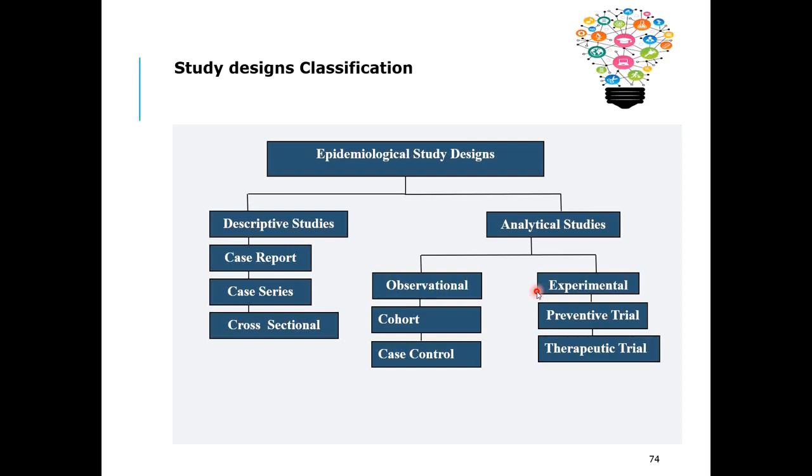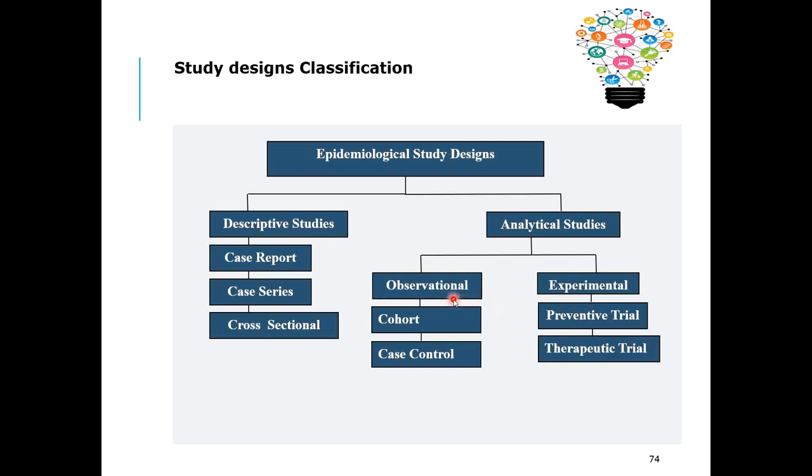For example, if I want to assess the passing percentage between male students and female students, and I, as head of the department, do not intervene or teach you all and just observe the passing percentage between the two genders, it will be an observational study. But if I really work hard and give you lectures and assignments, it means I am experimenting. I am doing something which will change the outcome. So, if a researcher is doing something which will change the outcome, he is experimenting, and the study will be conducted as an experimental study design.